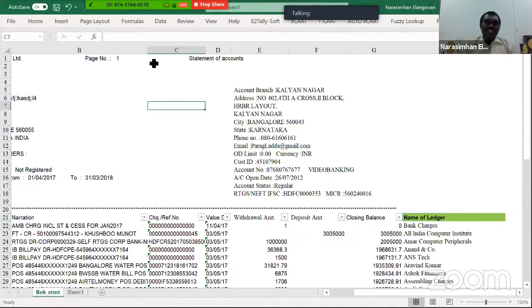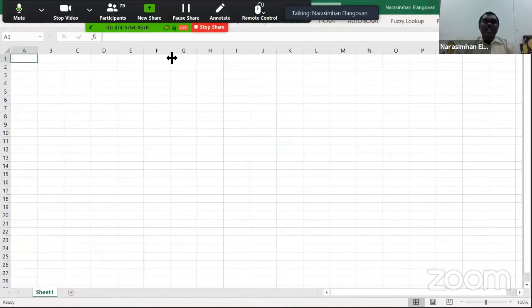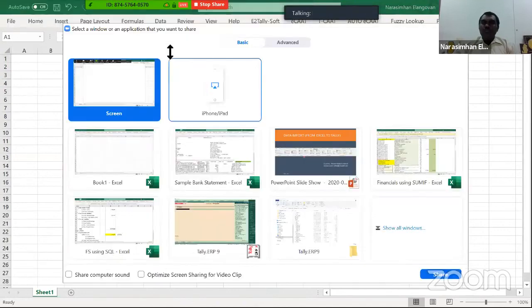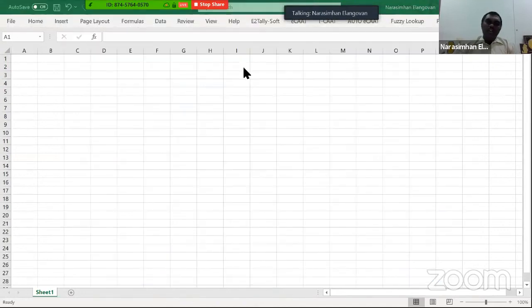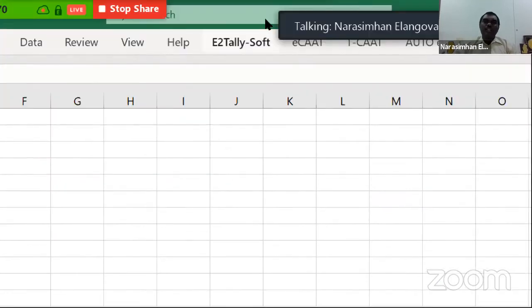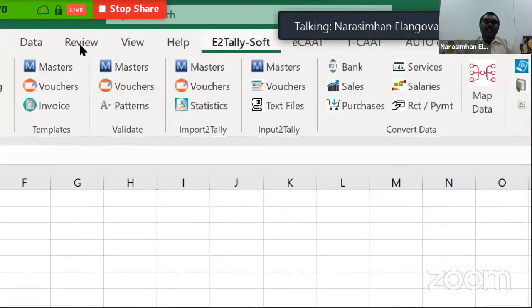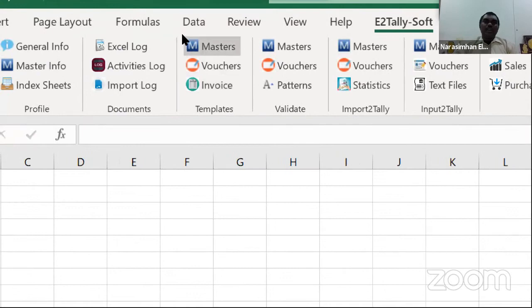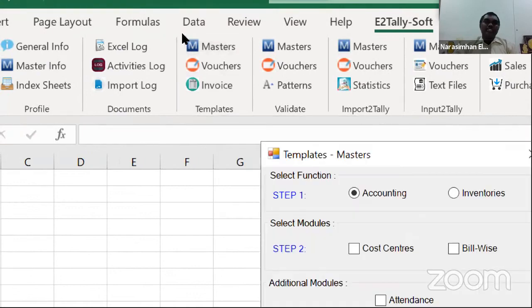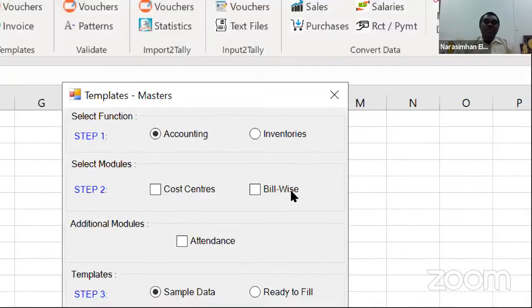So this is the Excel sheet, or I'll open a new Excel sheet, and I have the add-on which you see in the extreme corner over here, Tally E2Soft. So let me double click that. There is an option called templates. I choose a template called master. Then it asks me which master do you want to show.